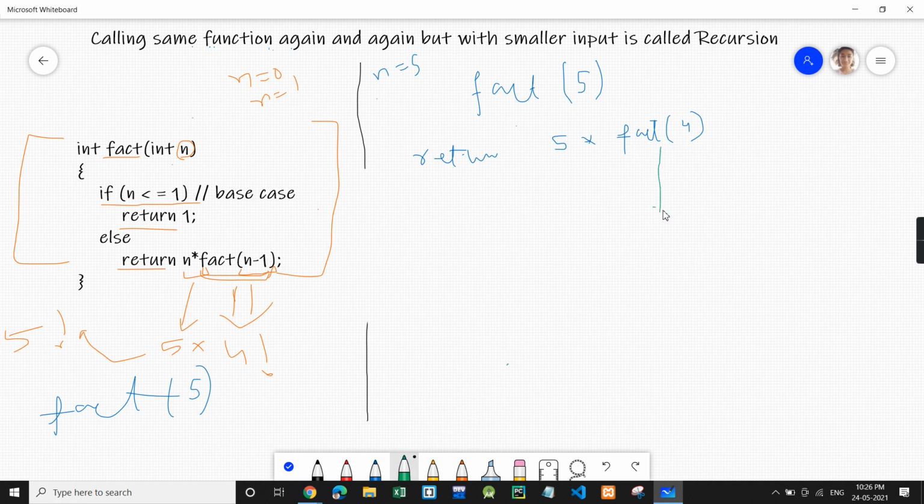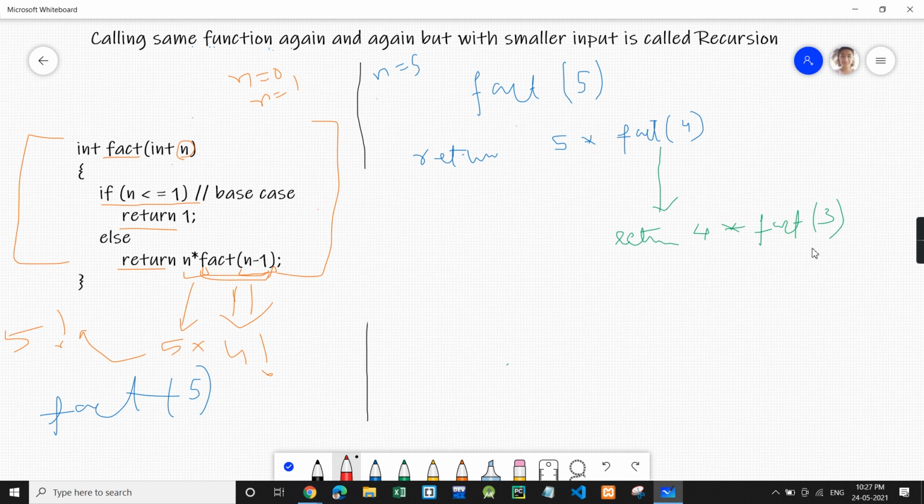Now this recursive call will go with 4. 4 is not less than or equal to 1, so we go into else and return n, which is 4, into fact of n minus 1. n was 4, so 4 minus 1 will become 3.